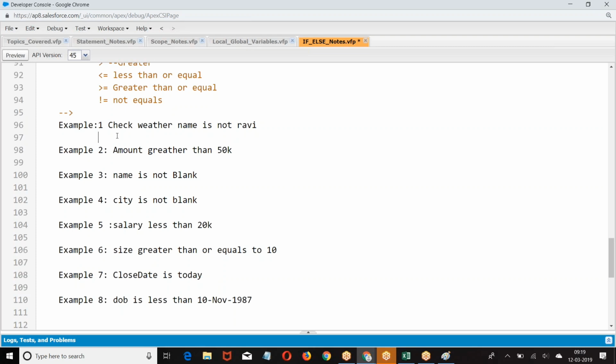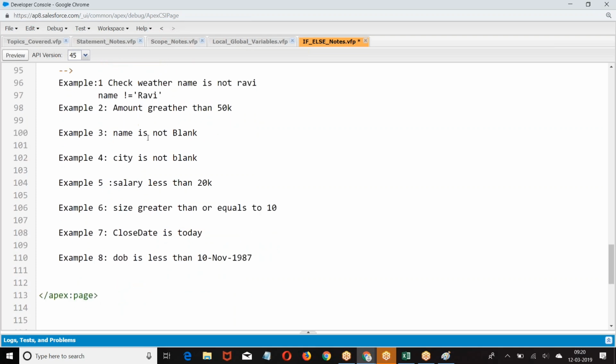We had name not equals to Ravi, amount greater than, name not blank, then city not equal to, let me give null, if not, city not equal to null. So we had a salary less than,